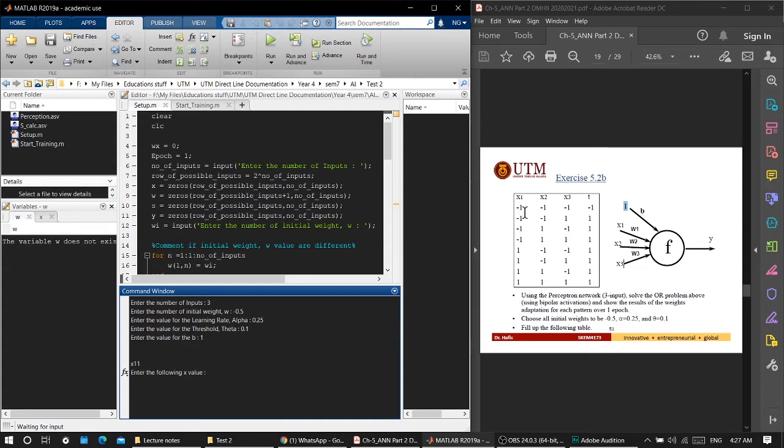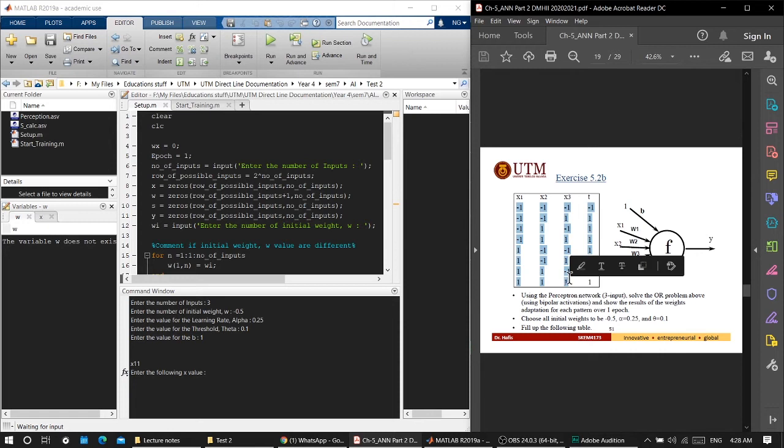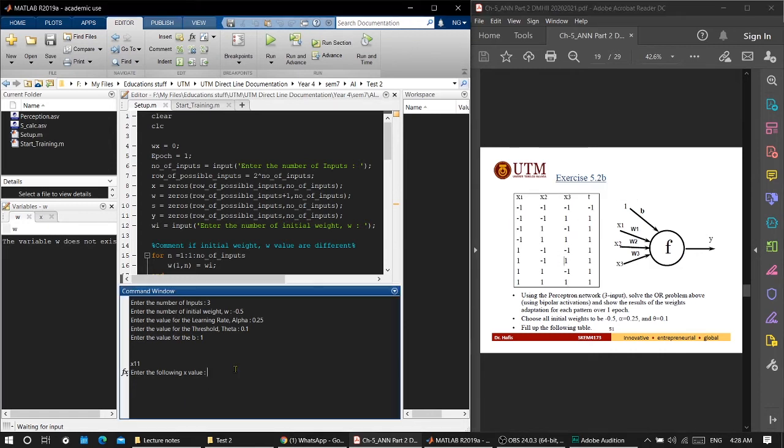Sometimes it could be 0 or it could be very different, because it depends on the pattern that you need. This one is for OR, so you have this kind of inputs. If you find another pattern, you can try it out yourself. There is a method where you don't have to manually input all the possible inputs x1, x2, x3; you can generate them automatically, but I am lazy,